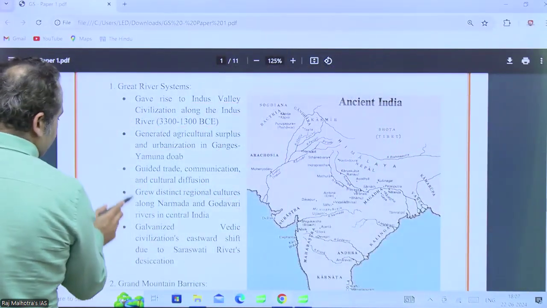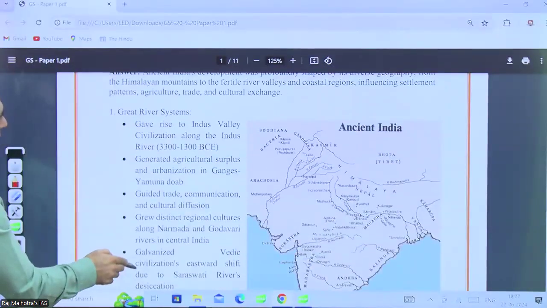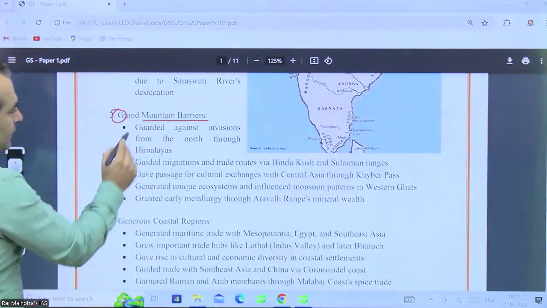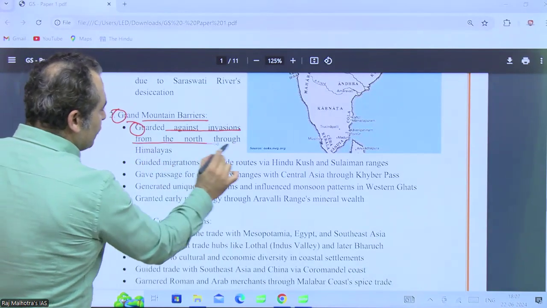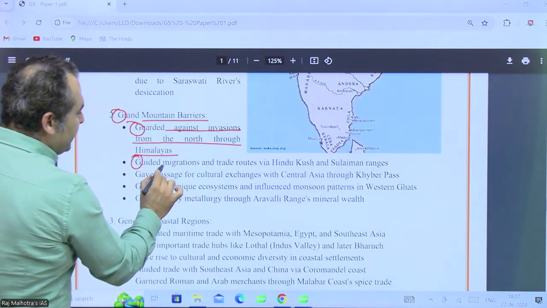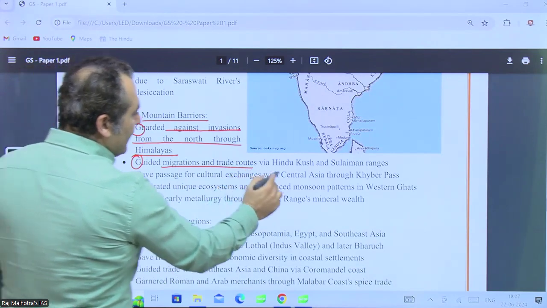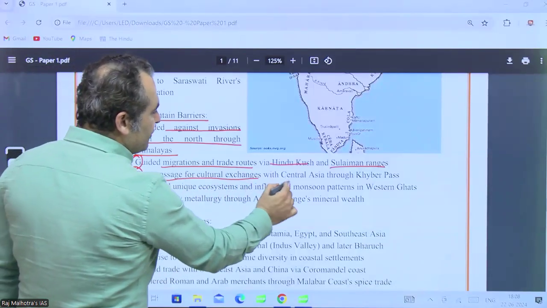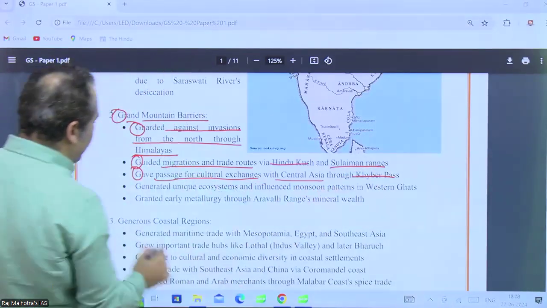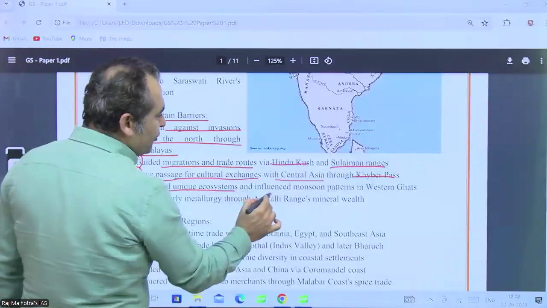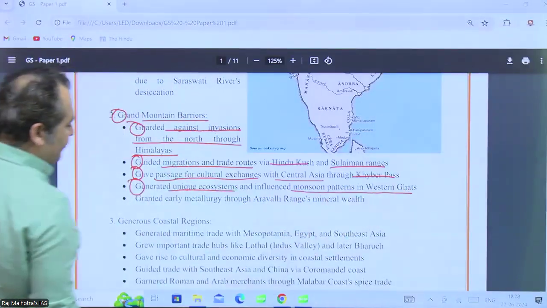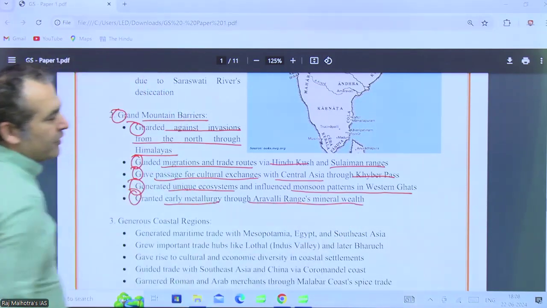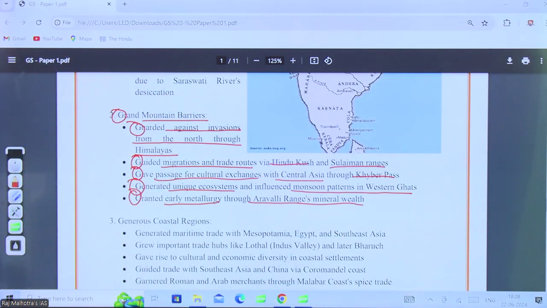Continuing further with this answer, I started with Great River Systems, then Grand Mountain Barriers, guarded against invasions from the north through Himalayas, guided migrations and trade routes via Hindu Kush and Suleiman ranges, gave passage for cultural exchanges with Central Asia through Khyber Pass, generated unique ecosystem and influenced monsoon patterns in Western Ghats, granted early metallurgy through Aravali ranges' mineral wealth. Continuing with G, then